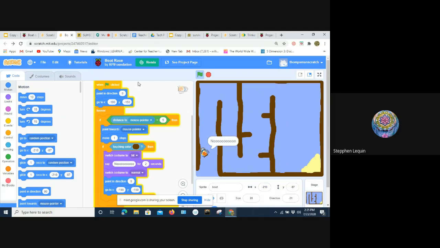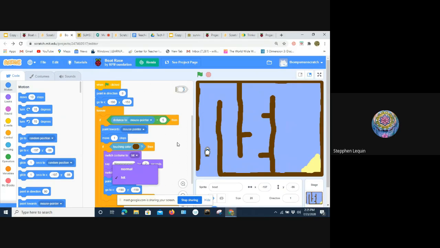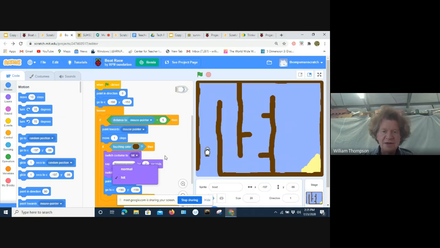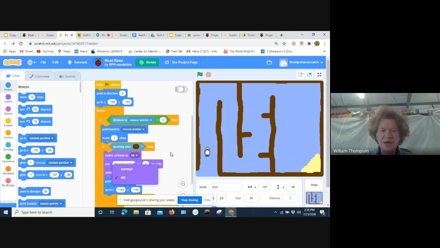Excuse me. How do you switch the hit normal to hit? I'm sorry. Okay, can you see my mouse right now? Mm-hmm. There's this little downward facing arrow next to where it says hit. And if you click on that, then you can select normal. Well, I click on the down arrow. It's only normal. I don't know. Did you, there's not two options there? No. Did you create the extra picture of the boat for yourself?